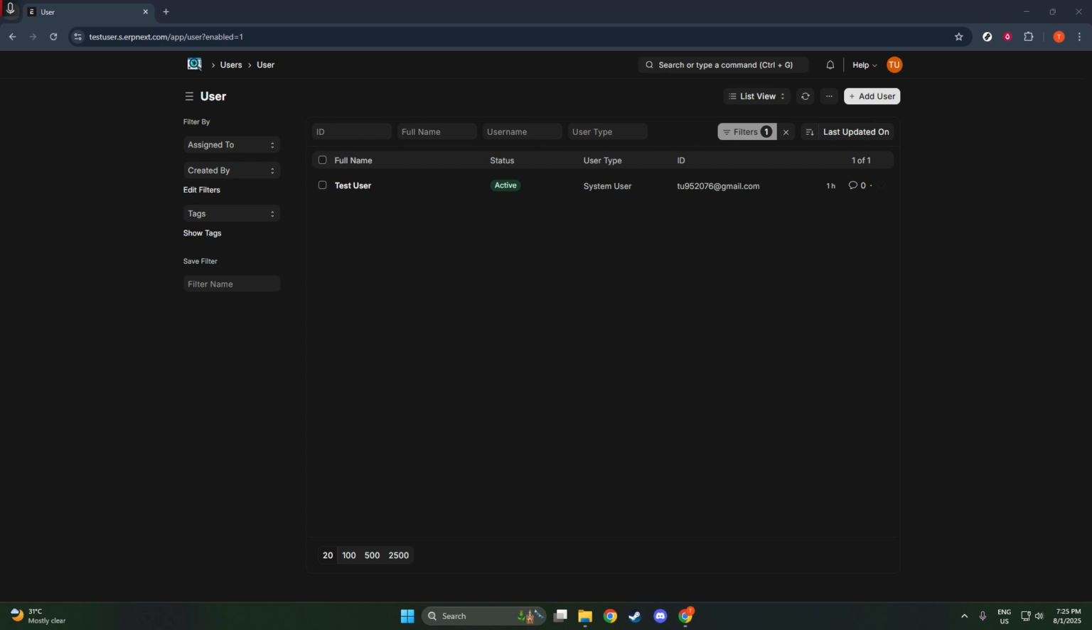And there you have it. In just a few steps, you've successfully added a new user to ERPNext. This process not only enhances your team's productivity by providing necessary access, but also maintains security and